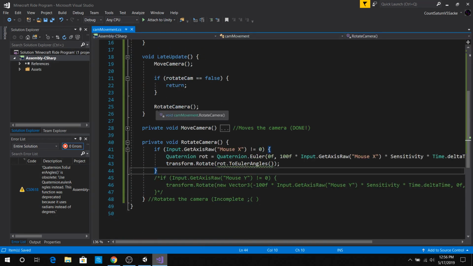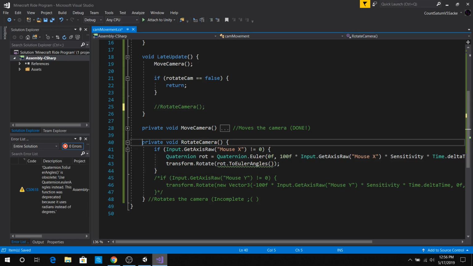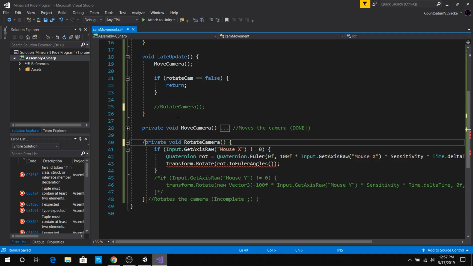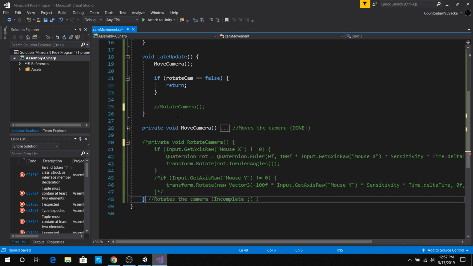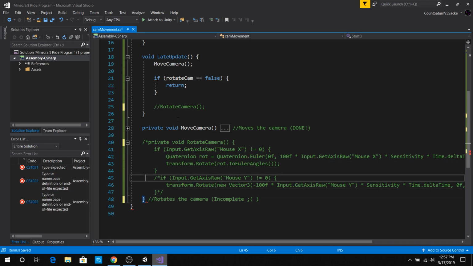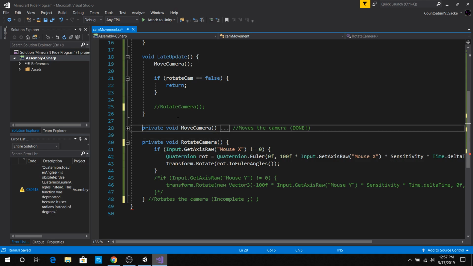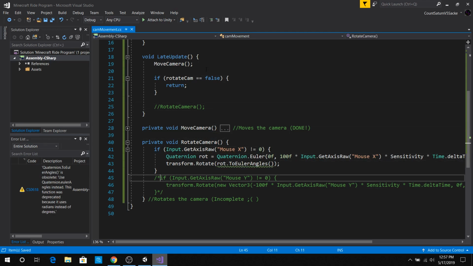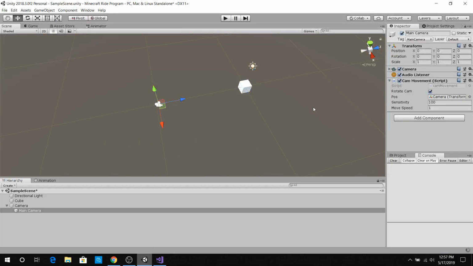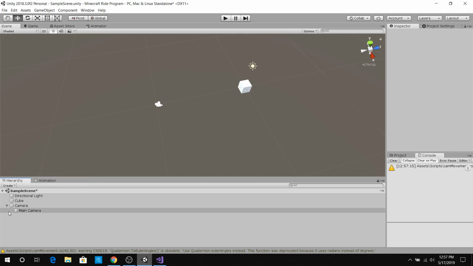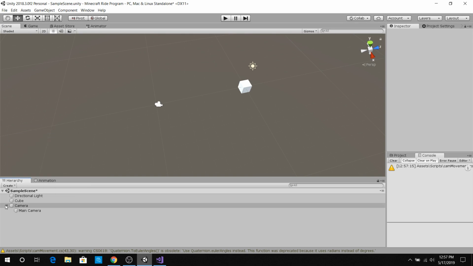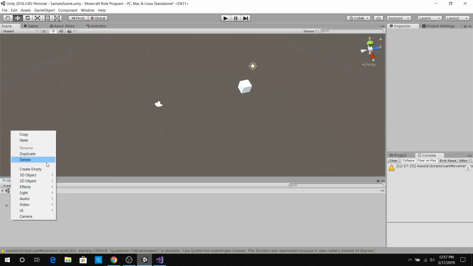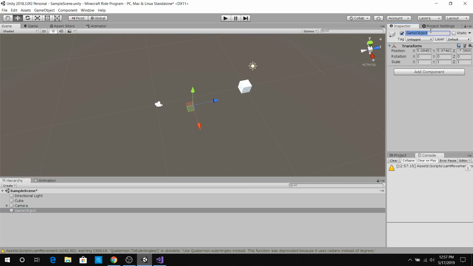All right. I guess I'll deal with the rotate camera another time. I might even do it off camera because I'll feel very guilty if I borrow someone else's. Actually, no. What am I doing? Just need to comment out this part. All right. I think there's enough about the camera movement. Now for the blocks. So I'll call this the